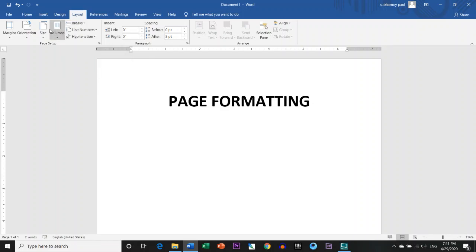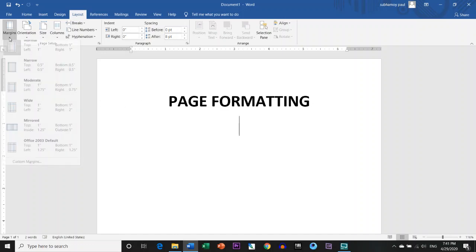These two are related to page, but not directly connected for formatting purposes. Page formatting means adding some design graphics, some added borders or shadings that we have discussed in previous content.